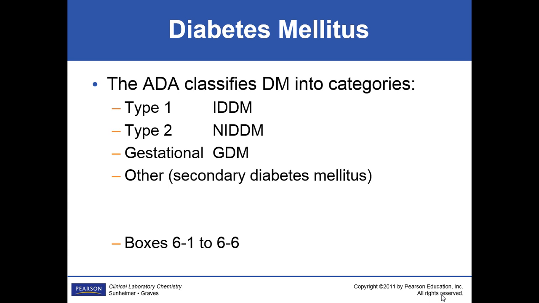Type 1, type 2. That's the 2 major diabetes that we know about. Type 1 is insulin-dependent diabetes mellitus. They don't have any insulin, so they're never going to use up the glucose. Their glucoses are going to get sky high. And usually it's very, very young.